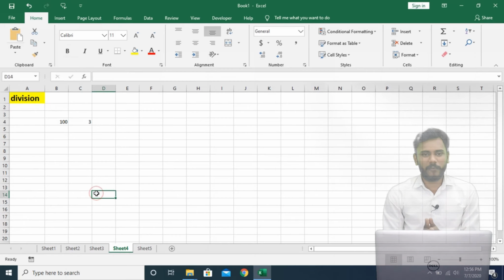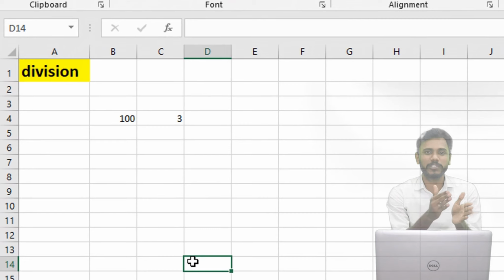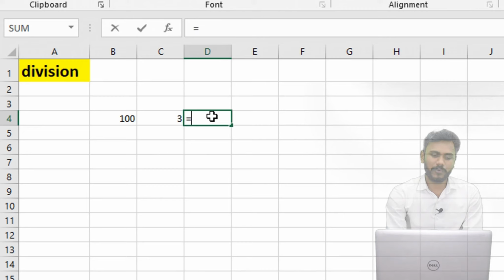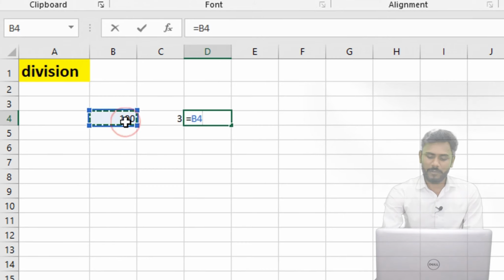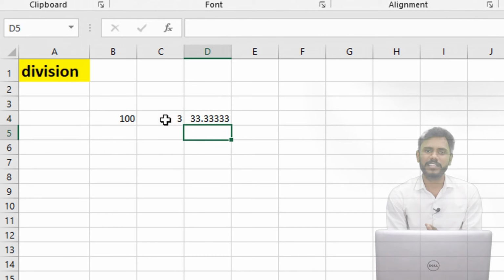Thank you. So friends, now we'll discuss division. Very simple. I would like to share 100 rupees among 3 people. In that case, again there is no specified formula for division. We just use the slash sign from the keyboard. Simply select equals to, select the input value, use the slash for division, and select the number of people. So here I just want to know what is 100 by 3. The result is 33.33 rupees, right?